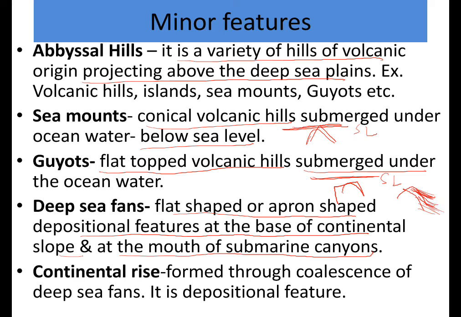The continental rise is formed through the coalescing of deep sea fans. Deep sea fans join together to form a rise-like, elevated feature. This is called the continental rise. It is a depositional feature. So these are some of the minor features of the